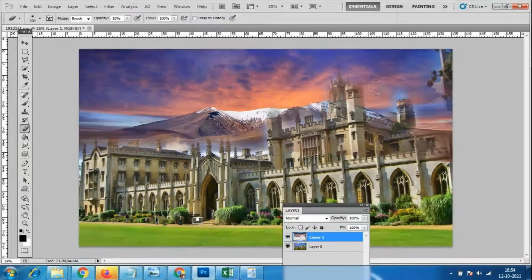This blue color should not come so much. We need the hill also, and this thing also. If you want to increase the brush size, here we can see the option brush size. Otherwise, on the keyboard there is a bracket, the flower bracket. Using this you can reduce it and increase the size, and we can make the changes.